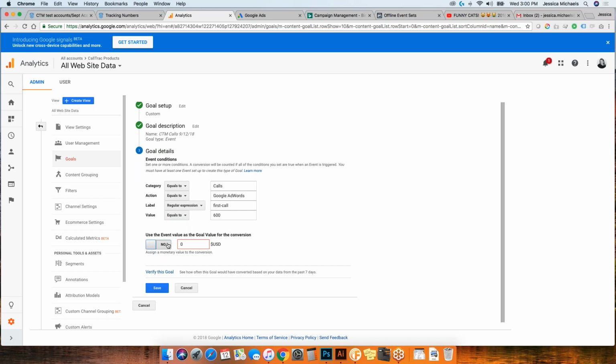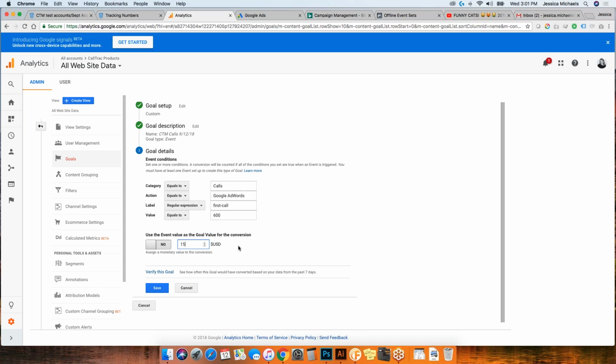So we can disable this, but then it's going to require us to enter some numeric amount. So we could put 1. So when we see our total values for our goal completions, if it's 45, we know we had 45 goal completions. Or if your business has a model that a lead is worth, say, $15, you could do something like that. So lots of different ways that you can customize how you want your goal to complete.